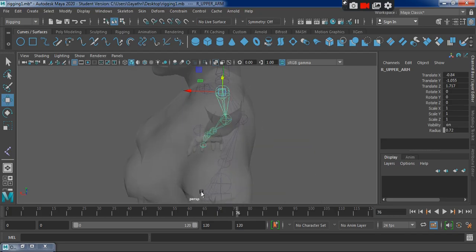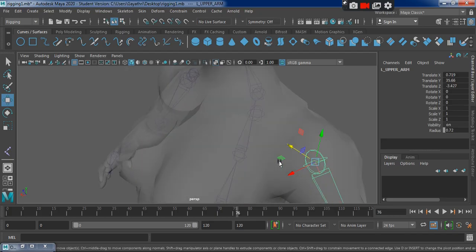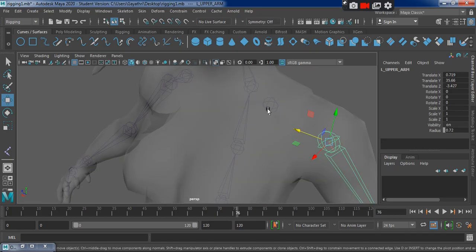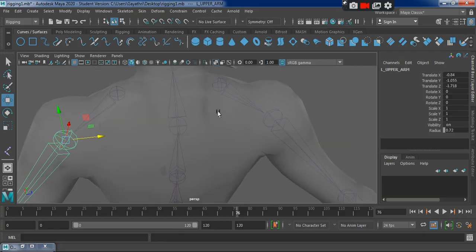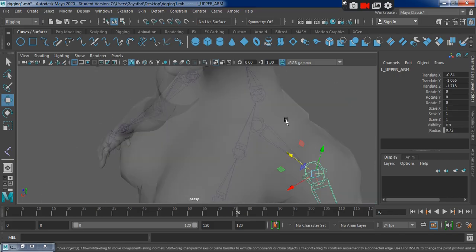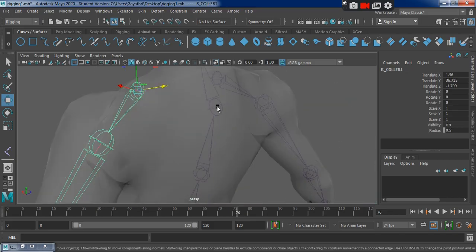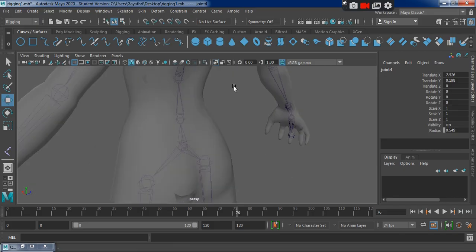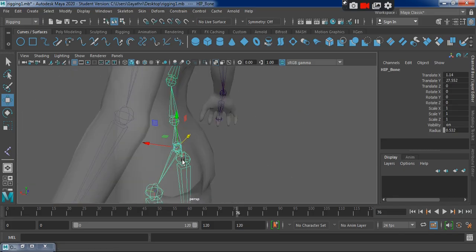If you don't want to drag and drop, you can select the child bone, with the shift key select the parent bone, and press letter P on the keyboard. They will be connected. Now these two collarbones should be connected to the spine. So let's rename the spine. Okay, so this was hip,